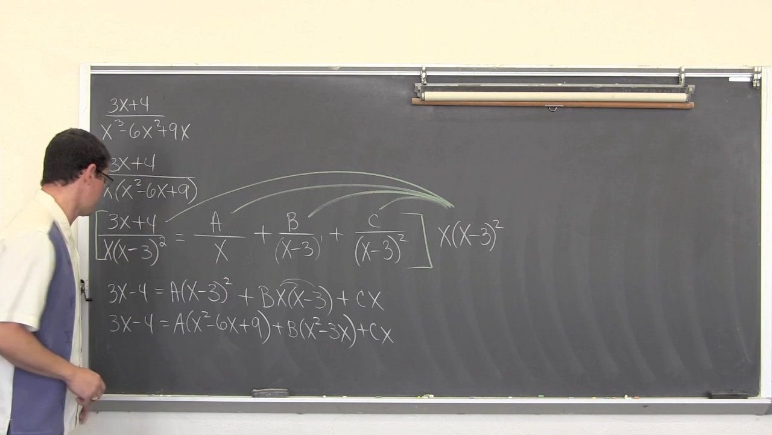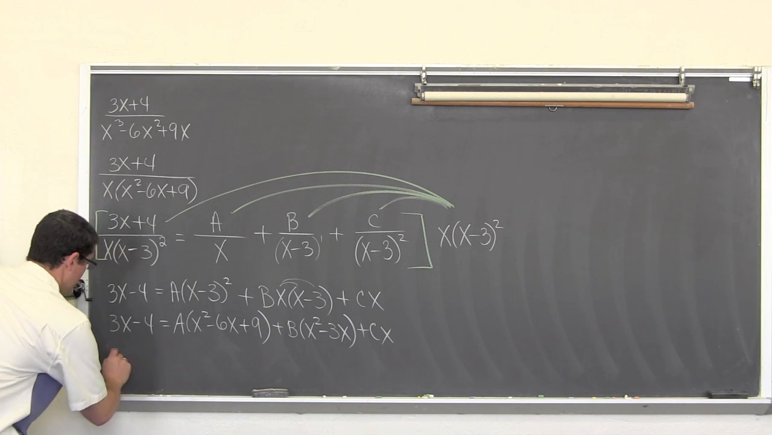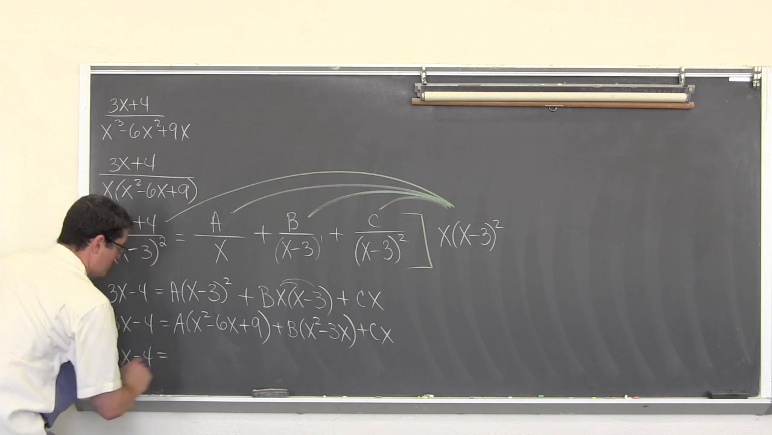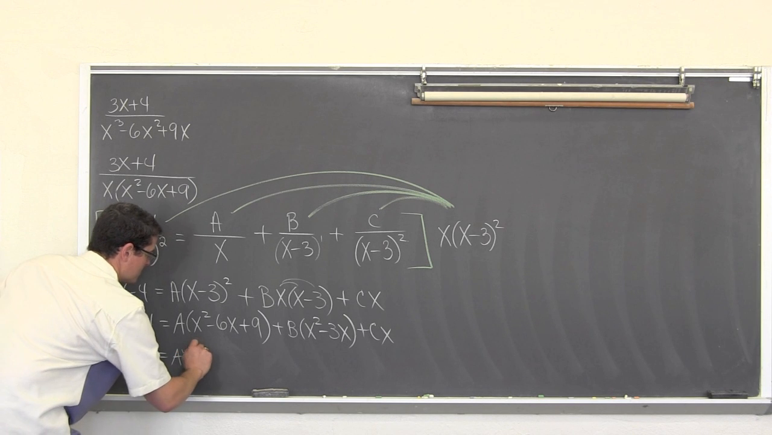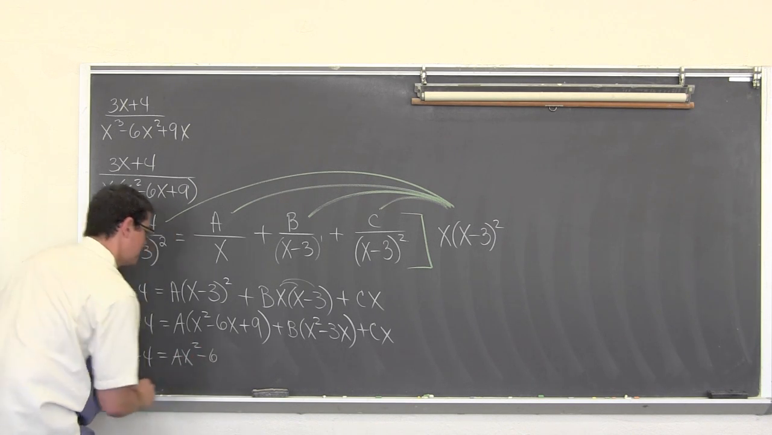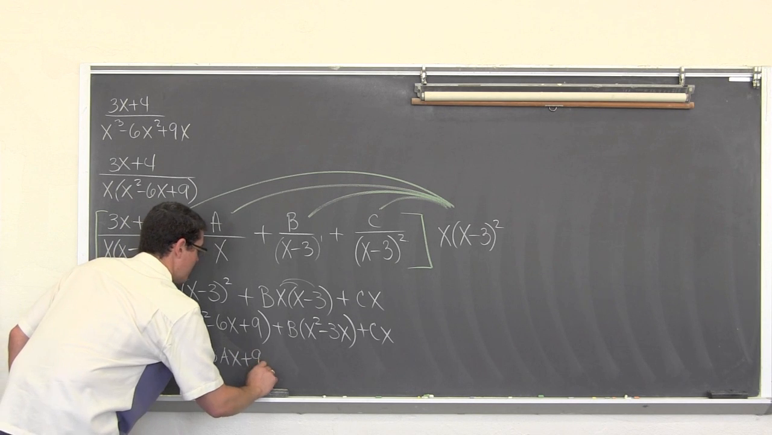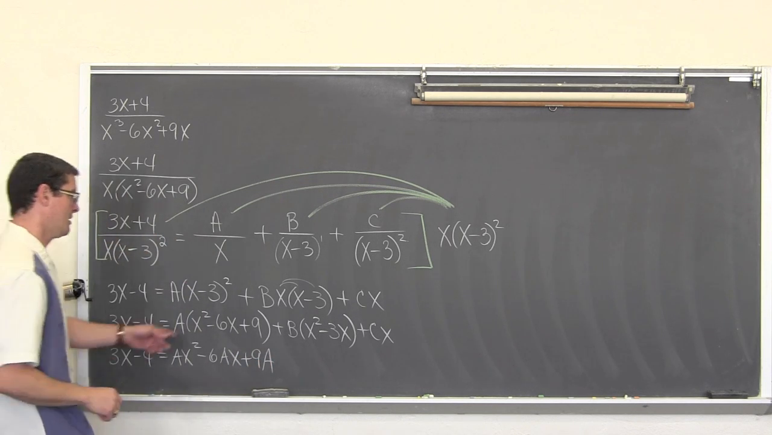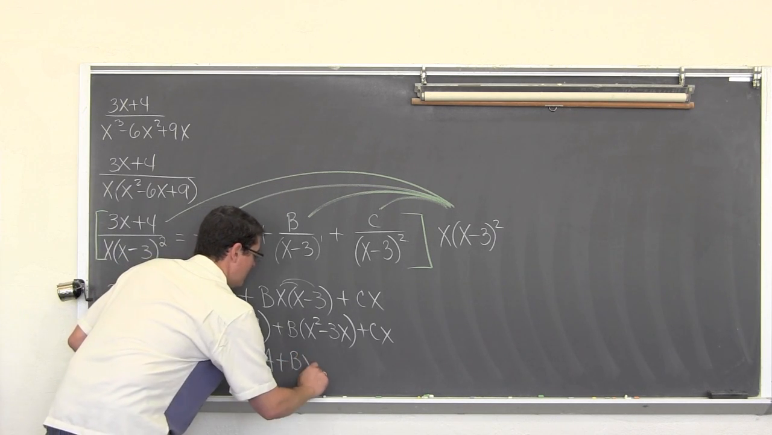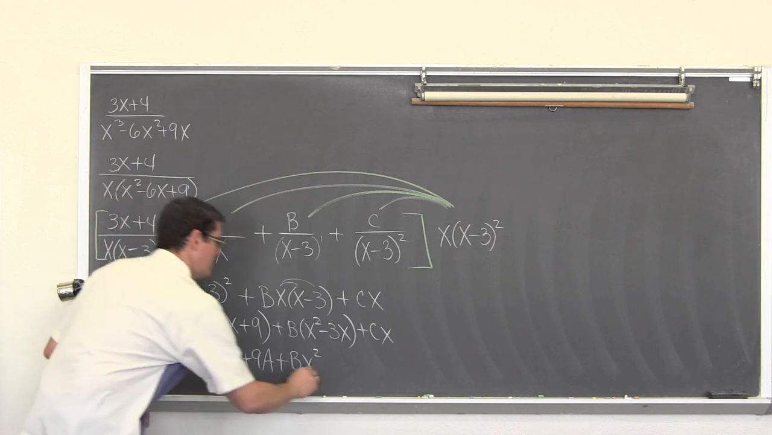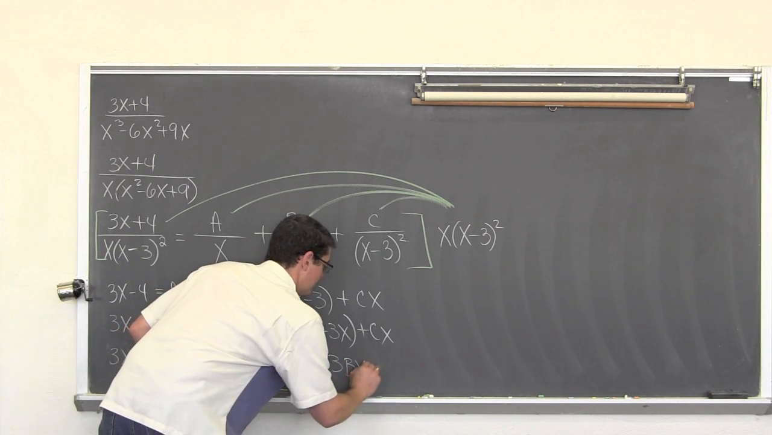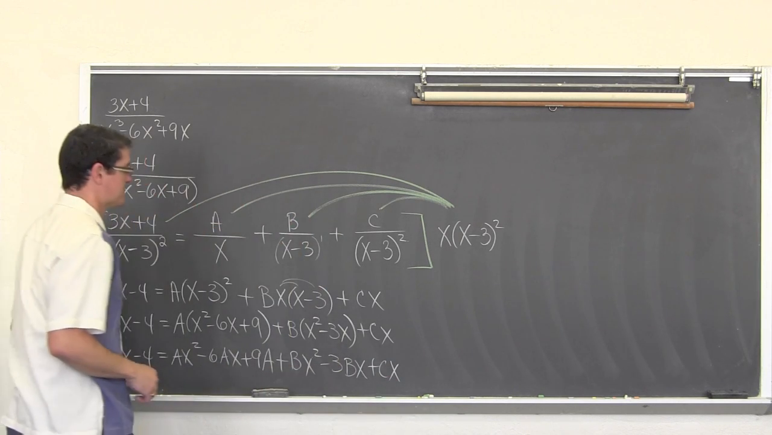And this is equal to 3x minus 4 equals ax squared minus 6ax plus 9a plus bx squared minus 3bx plus cx. Now,